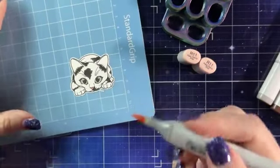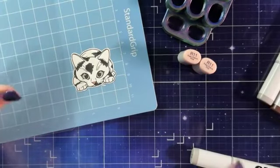And then I also want to put some pink in the ears, but I don't want both the ears to